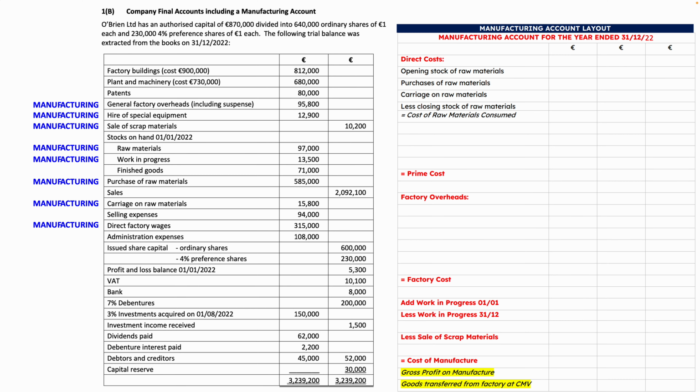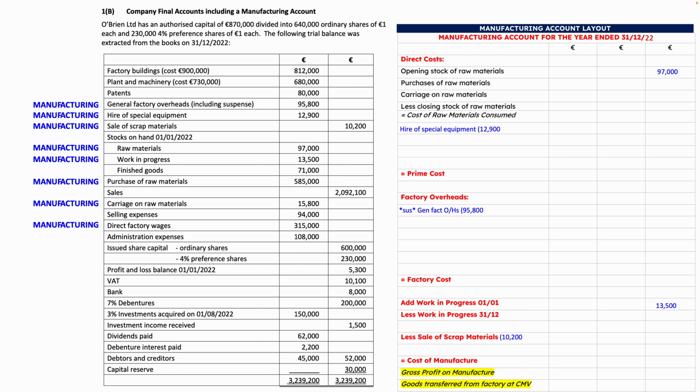So looking at our manufacturing account, we can shove all our different bits and pieces in here. So general factory overheads, 95,800 goes into factory overheads. Hire special equipment, that is a direct cost because it is directly related to the making of the product. So that will go into direct costs. Sale of scrap materials will be taken away down the bottom. Okay, 10,200 there. Opening stock of raw materials, that can go straight in because that is a figure from last